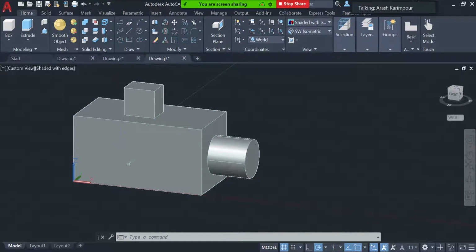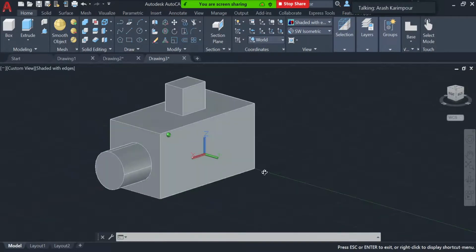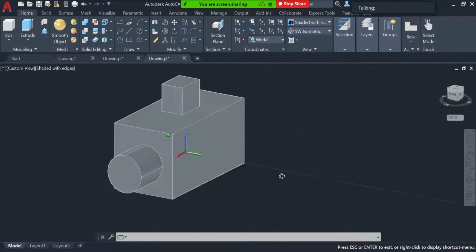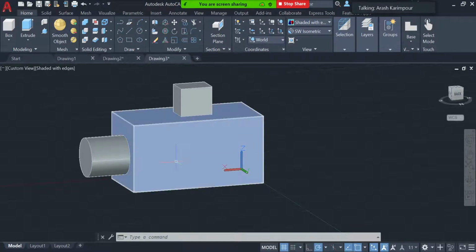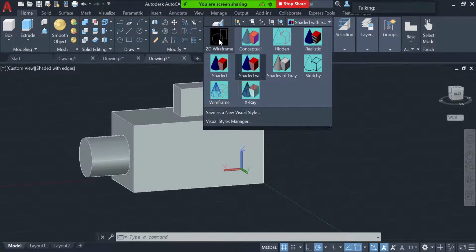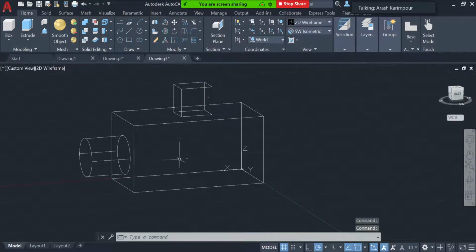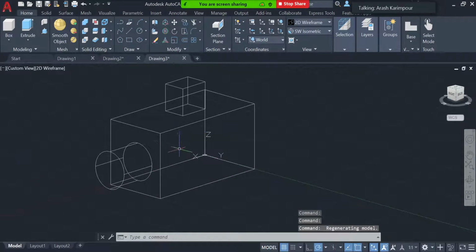So assume, for example, another object I want to draw on the very back surface. So let me rotate it. Assume I want to draw something on this very back surface here. So if I want to draw on that, again, I can come here this time. So let me go back to this wire view. So assume I want to draw something like that, and again, I'm going to use the